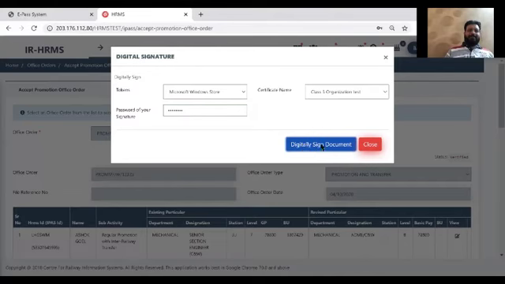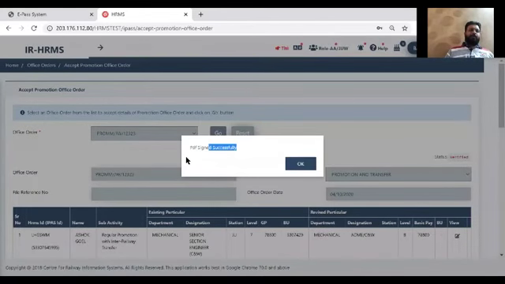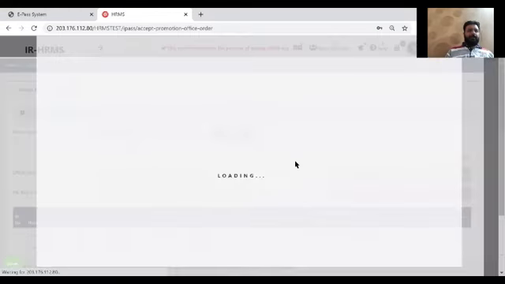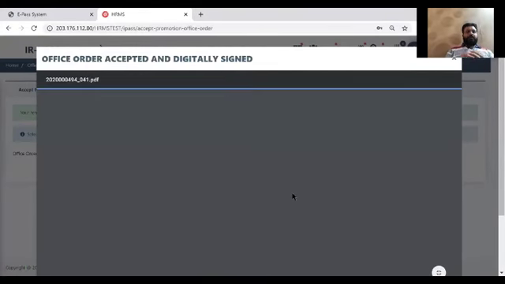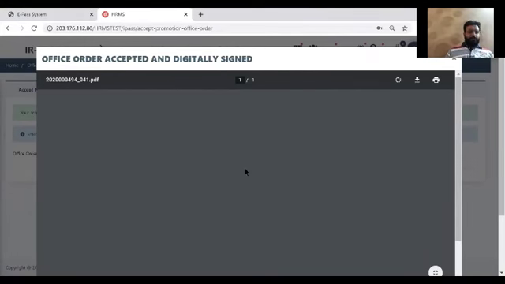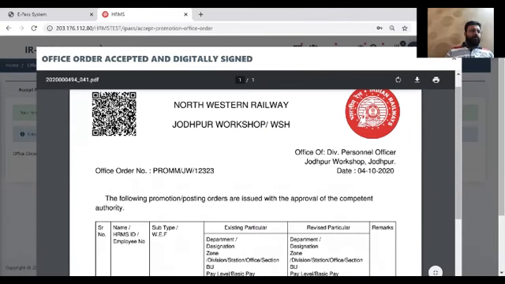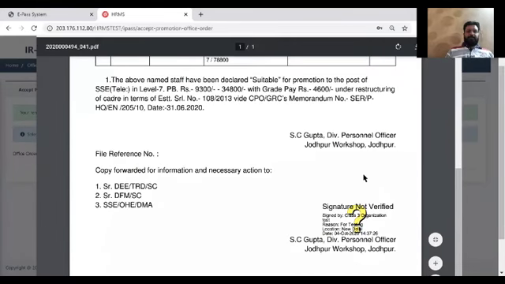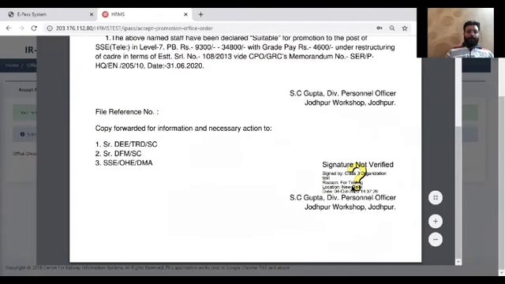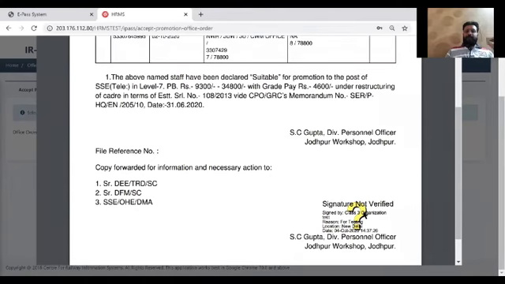So now I click digital sign document, and my PDF copy of this office order is signed with the digital signature, and click OK to validate this office order. So now the PDF shown to you is the signed copy of this office order. So this is the signed copy. You can view the stamp of digital signature, and it is printed exactly at the location where we marked the stamp at the time of the dealing clerk.